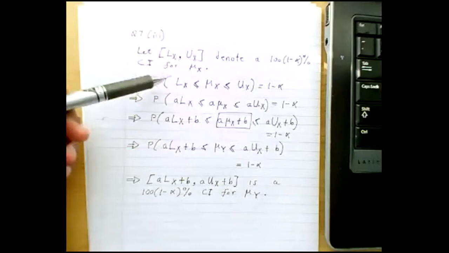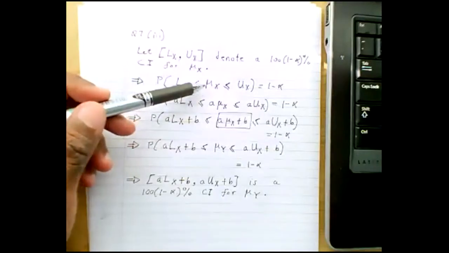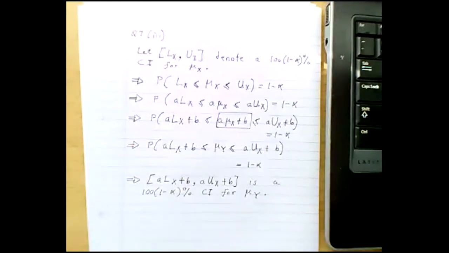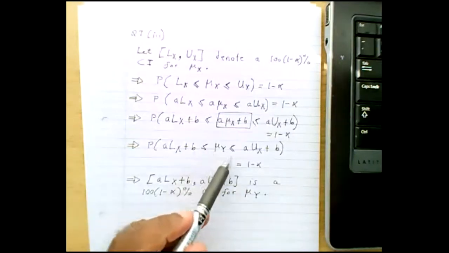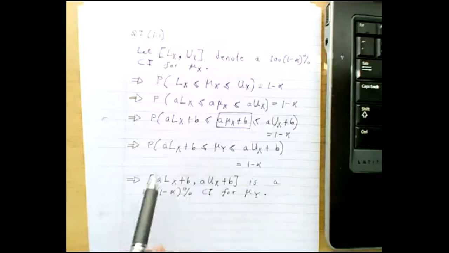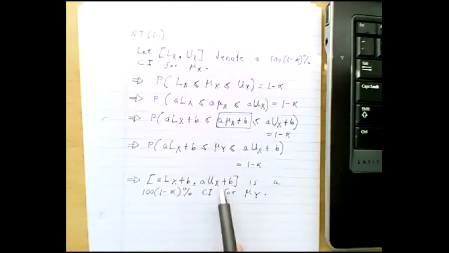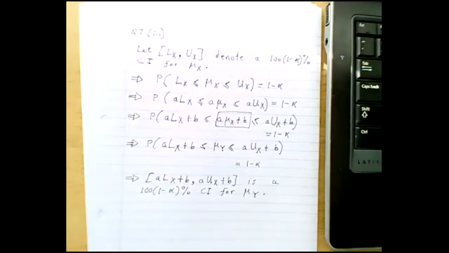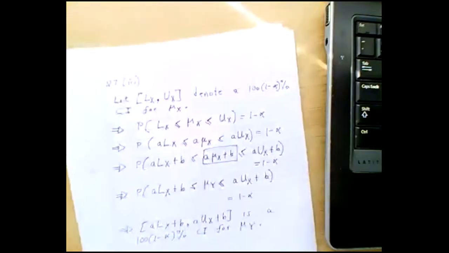So starting from this statement, which gives a confidence interval for mu x, the population mean for x, we have arrived at a statement on the population mean for y. And hence, the confidence interval for the population mean of y is this interval. Okay. All right. So that completes part 3 of question 7. The next thing I'm going to do is the final part